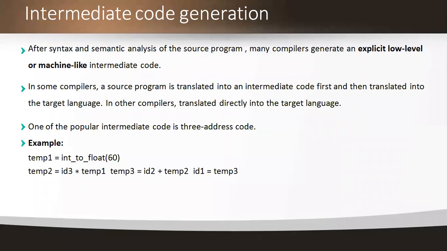Why? Because this intermediate code generator is acting as a mediator between the analysis part and the synthesis part. From this phase onwards, we are converting the code into a machine-level language, that means machine dependent code. The machine independent code is going to be converted, by implementing an intermediate code generator, into machine dependent code. So this phase is acting as a mediator between both the analysis and the synthesis parts.